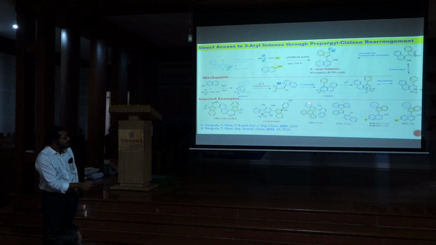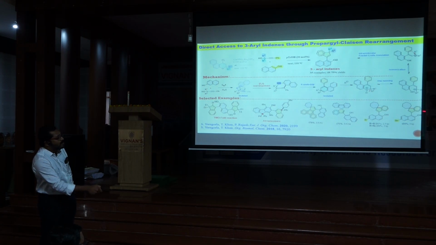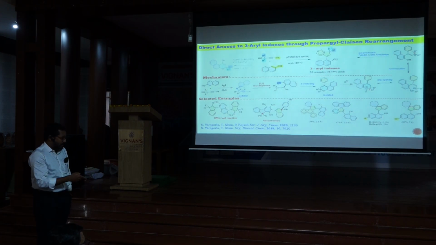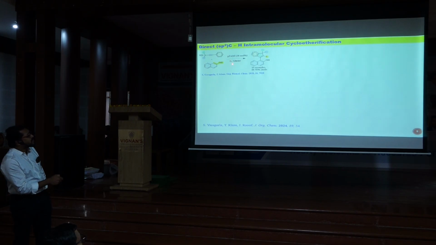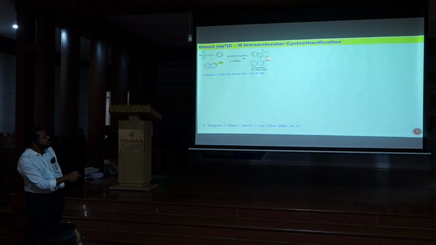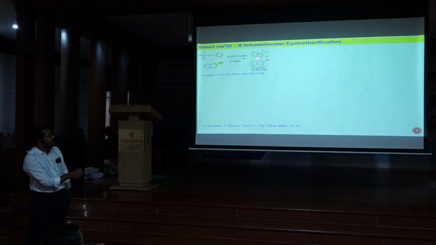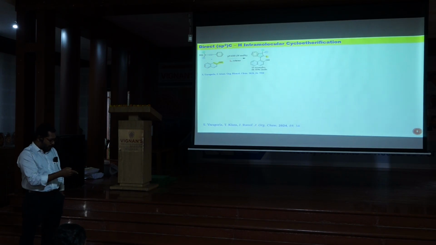And of course, several spiranes as mentioned here, if you have a cyclic ring over here, you can synthesize several of the spiranes as indicated here. In continuation, we introduced iodine in the same reaction at room temperature. Earlier I have shown you that there was a hydrogen here on this double bond. Now, if you introduce iodine into that, then you can get iodo systems.